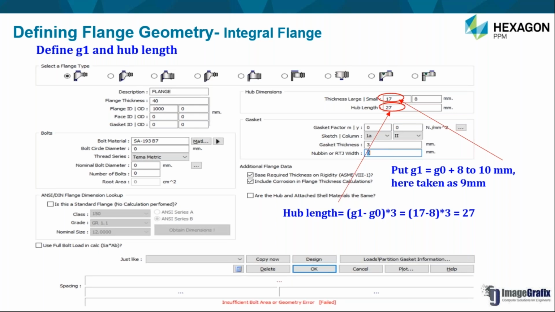So obviously it will be safe. Okay. So now in this example, in this case, we have added 9 mm with your G0 value, so it becomes 27 mm to satisfy the minimum code requirement, correct? So now we have finalized the hub length and we have finalized the G1. Okay. Now the next is